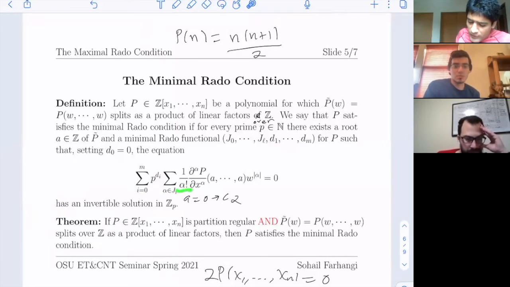And hopefully it's clear to everyone what this means, right? Do I need to explain this definition in more detail? Because I'd be happy to, but I was just assuming that we all know. Okay, there's no question, so I won't go into that more. So if a is 0, we recover C alpha, and this looks even more similar to the maximal Rado condition, other than the switch over here. If a is not 0, this is just obtaining the coefficients of the shifted polynomial.